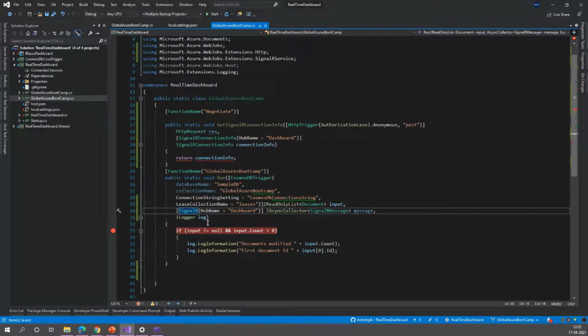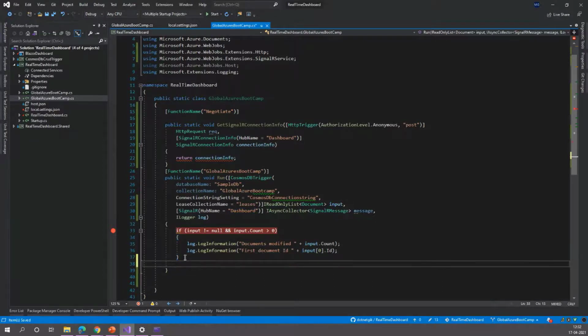We use SignalR, which provides the output binding to the Azure function. It will be the output binding for the hub, which is dashboard, so it will broadcast the messages to this hub.